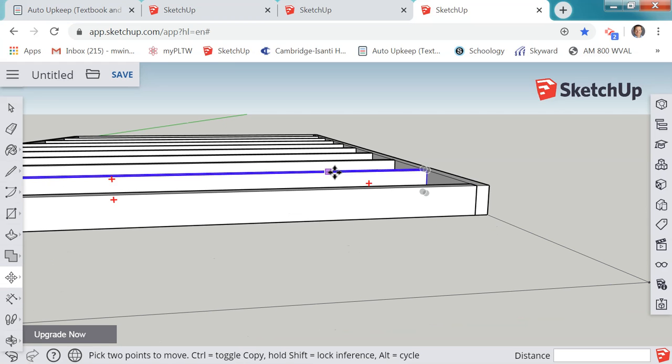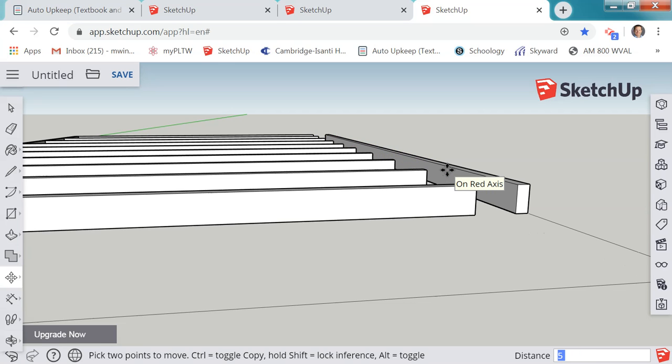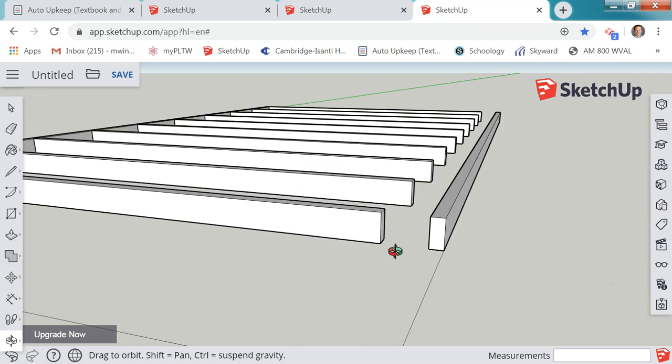So I'll say if I have to go out 5 inches, I want to go out 5 inches. There, I just moved that 5 inches. Okay, so now I would do the same with this one. So remember, I have to